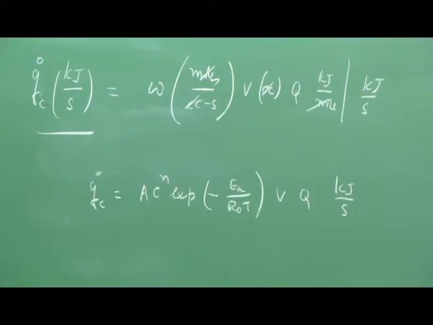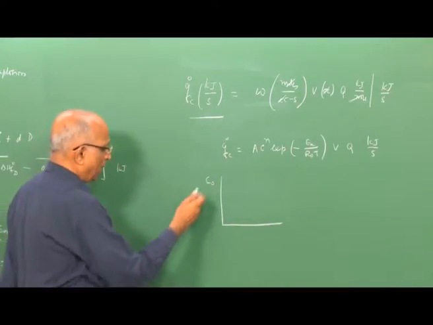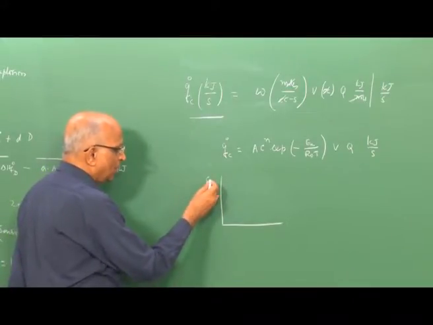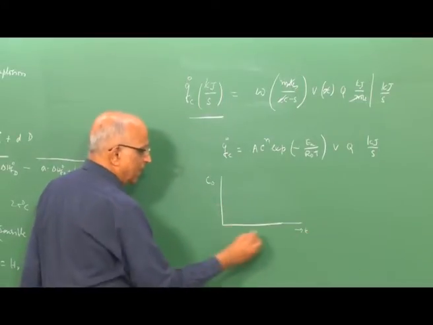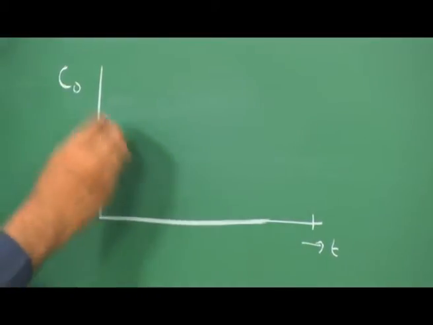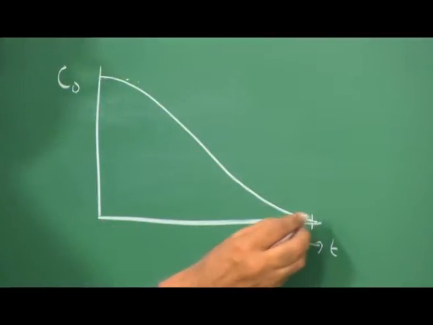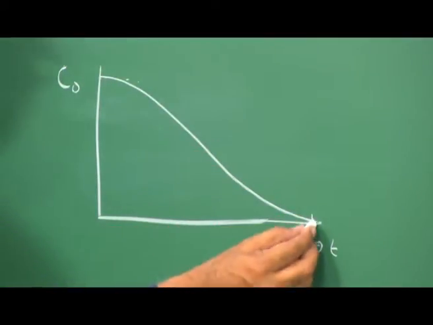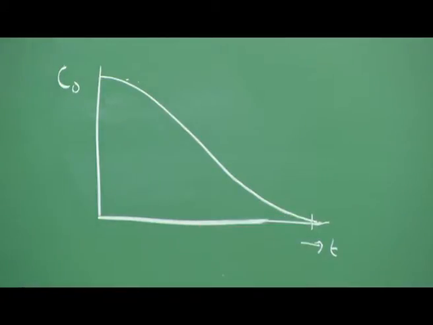We also wanted to get some idea on how the heat release varies with time. If I have initial concentration C naught of the reactants, I just consider one, let us say Ca, with initial concentration C0, then with respect to time, when the reaction gets completed, the concentration of the reactant becomes 0 because only products are there. Therefore C naught gets consumed in this particular way with respect to time. That means when the reaction is completed, I have all products and C naught goes to 0.